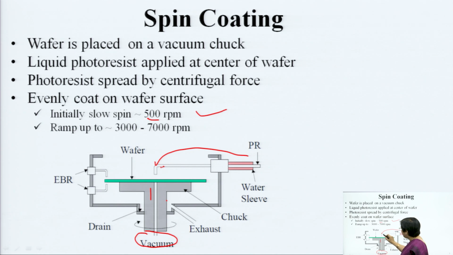This PR will be released from the nozzle. Remember, the viscosity of the PR is an essential thing which is to be controlled. As the PR has different materials, one of them makes its viscosity proper, apart from the light sensitive material and the resin. So, the viscosity is properly maintained, so that the material gets spread over the entire wafer with the centrifugal